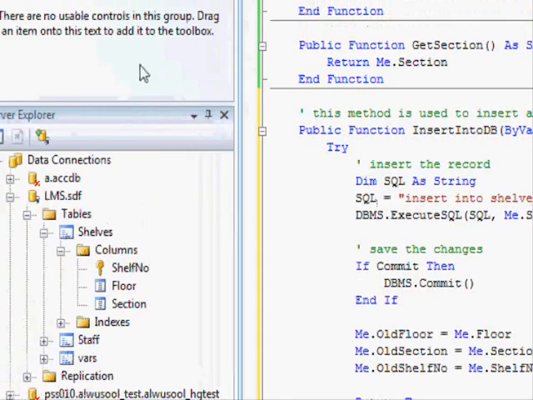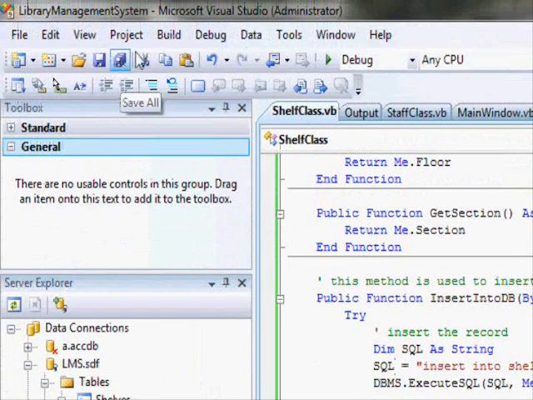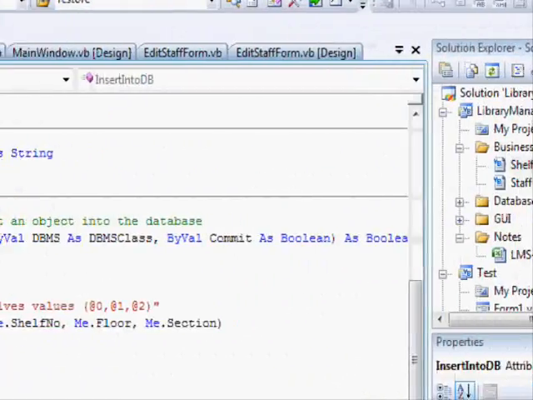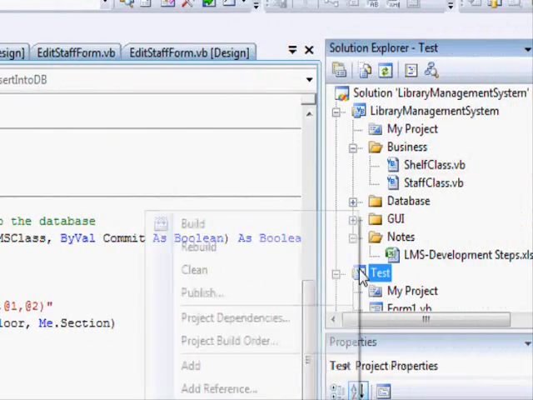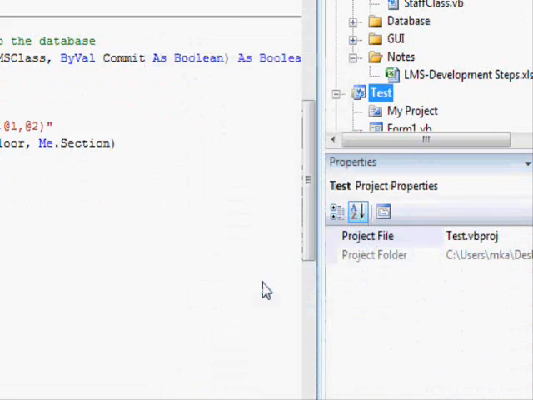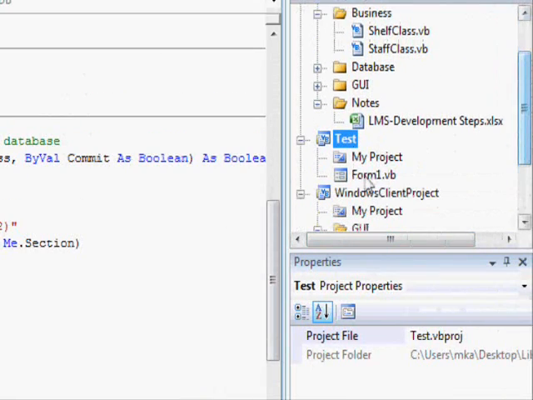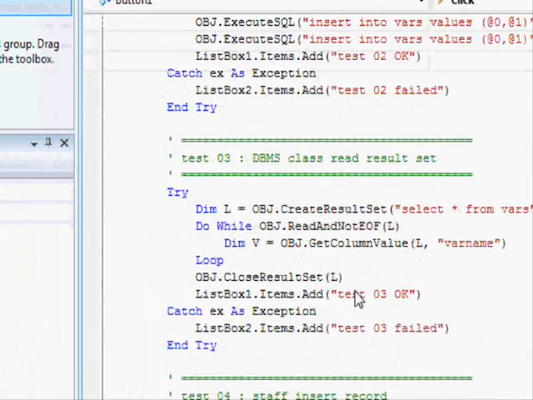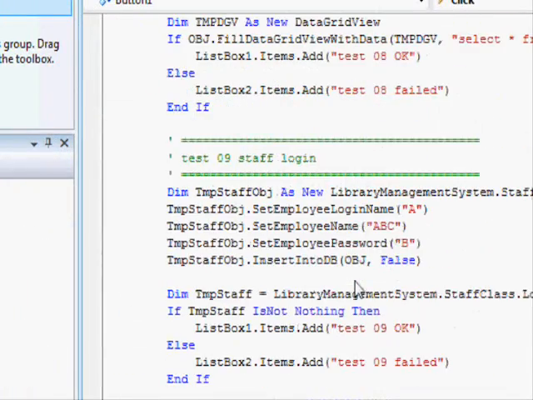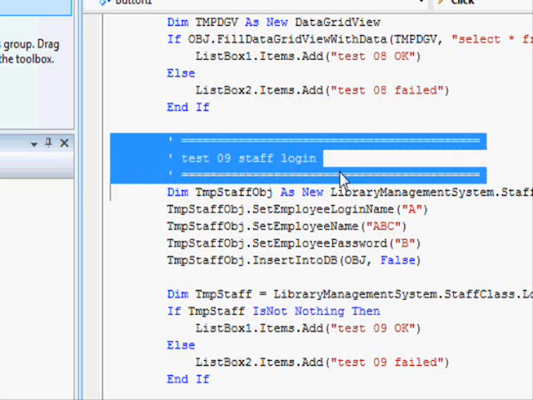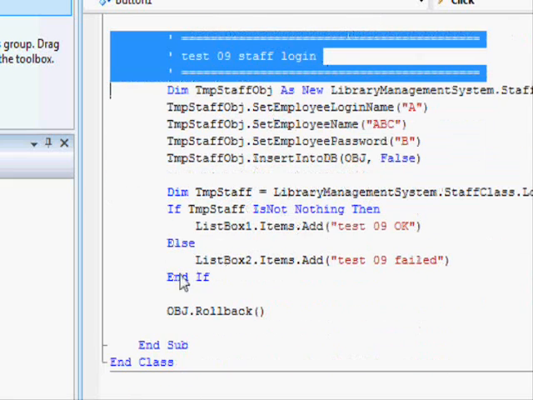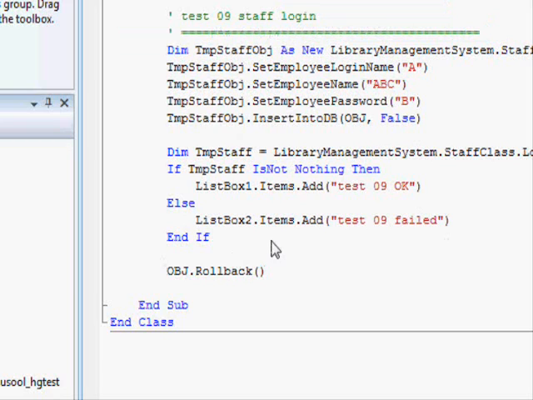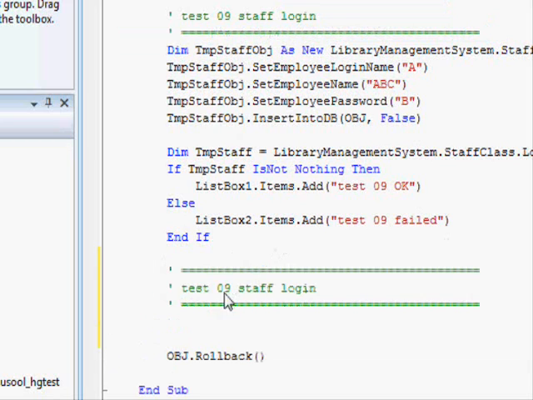So this should be the insert into DB. I'm gonna save that. Now before we continue, we need to go to our test project and make it the startup project here, and double click that. We're gonna do more tests over here. So here, let's go to test number 10, Control C, and here test number 10,